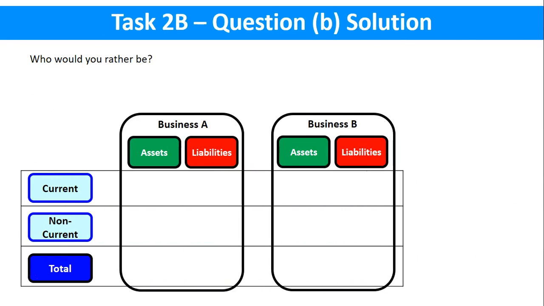So what we're going to do is look at an example and say, which business would you rather be, business A or business B? Both have total assets of $100,000. So at this point, you'd say, I can't choose between the two. They're both as good as each other. Total liabilities are also $70,000. Now, if that was all we looked at, the total of assets and the total liabilities, you couldn't split these two businesses. So what we do is we classify the balance sheet and we split assets and liabilities into current